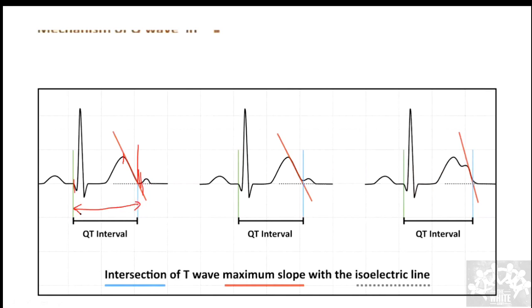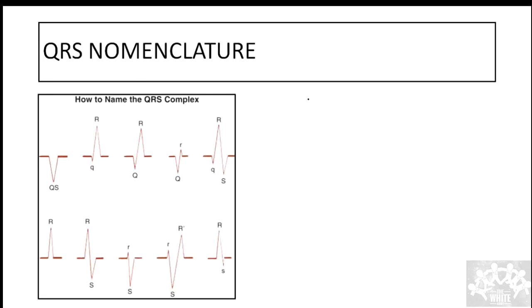Okay. There is one more concept called corrected QT. For the heart rate, the QT is going to change, because as the heart rate increases, the diastole duration reduces. All of that has to be accounted for when you calculate the QT interval. That's why the concept of corrected QT interval comes up. When we discuss arrhythmias, I will cover the relevance of the QT interval. Yesterday I mentioned that an increase in QT interval is going to cause an arrhythmia called Torsades de Pointes. If I have the ECG, I'll show it to you. That is about the QT interval.